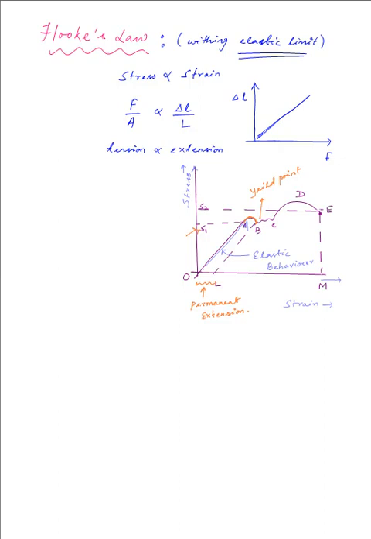And in that region CDE, what happens is that for a small stress, even for a small stress that you apply, it tends to extend by a greater amount, thereby showing a plastic behavior. So this region CDE is exhibiting the plastic behavior of the material, and from that plastic behavior you end up at the point E, which acts as the breaking point. It is that point where the material can no longer take up the stress, and it finally breaks or divides